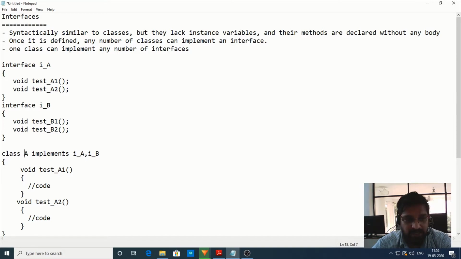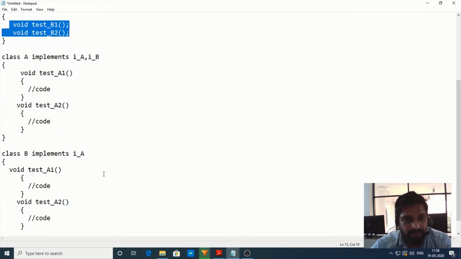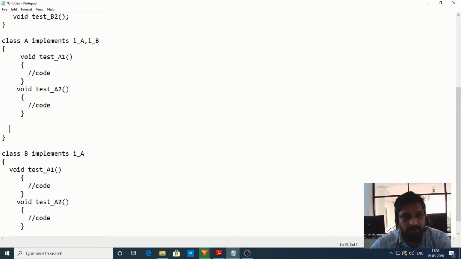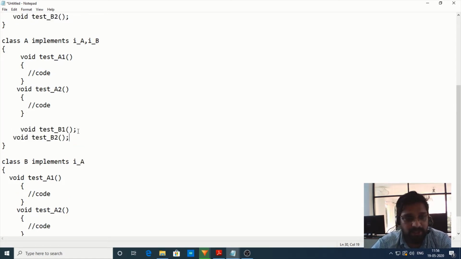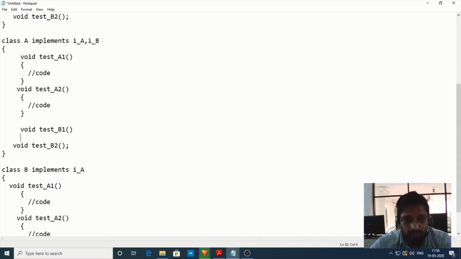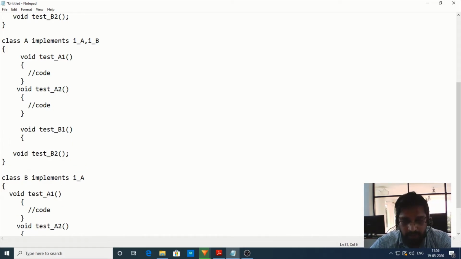Since my class A is trying to implement these two interfaces, it is mandatory that class A implements the methods present in I_a, and the methods present in I_b. I already implemented the methods present in I_a. Now I need to implement the methods present in I_b. Is it fine? Like this we can do, right?